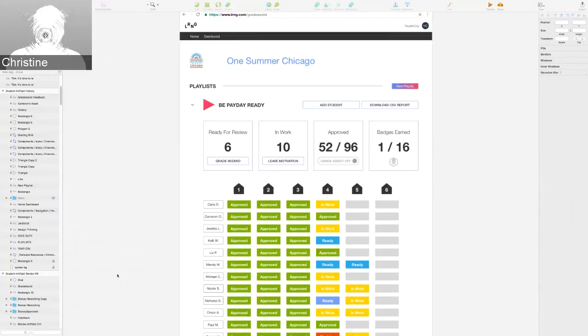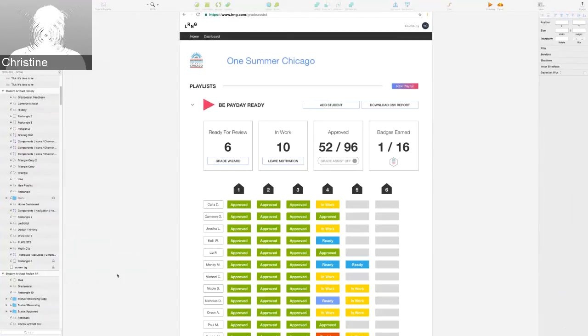They can only do that after an entire playlist is submitted. So the only way for them to stop the train going off the tracks, if they see it happening, is if they had the initiative to go in ahead of time and see what the kid has been up to without getting an assessor ready for review notification, and if they choose to find a way to reach out to the kid outside of the platform, so if they email them or if they're in the same